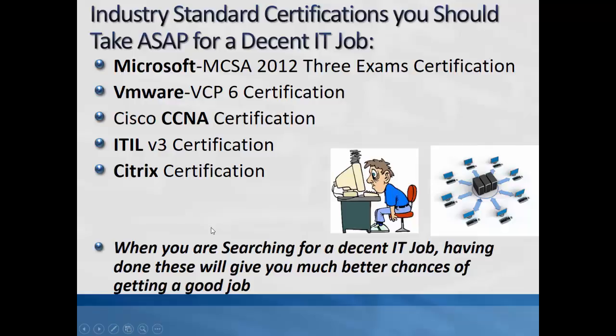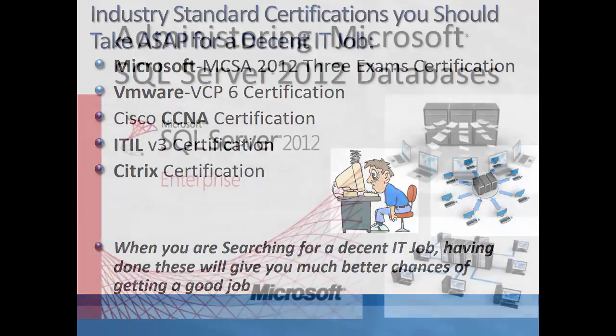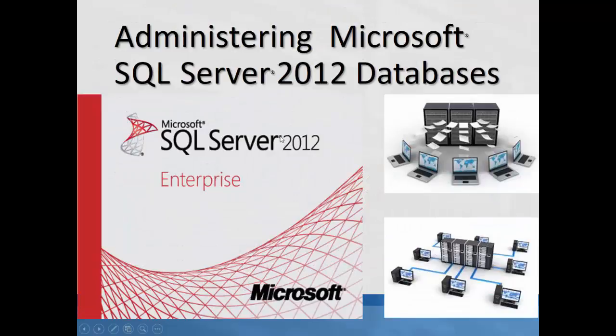And these are the rest of the skills you would need if you're going for a system administration job, which includes MCSA 2012, 3 exams if you're going for Microsoft job. But now they need mixed skills, so it's VMware, Cisco, ITIL, Citrix. They need a Superman or Superwoman. But anyway, these are some of the very sought after skills in the market, and you should be going for those certifications right after this. And let me know if you need help in that.